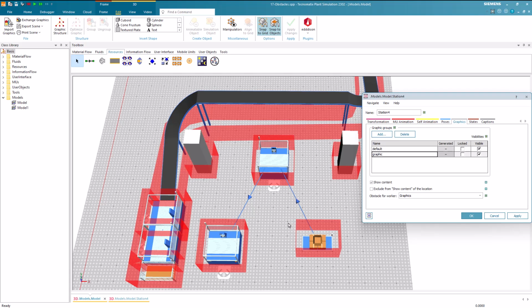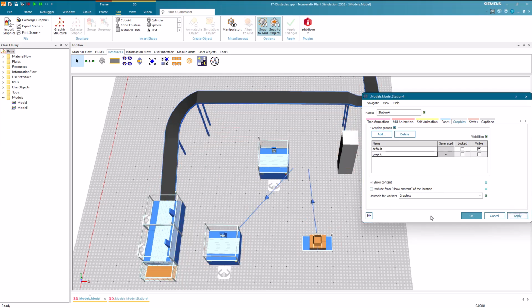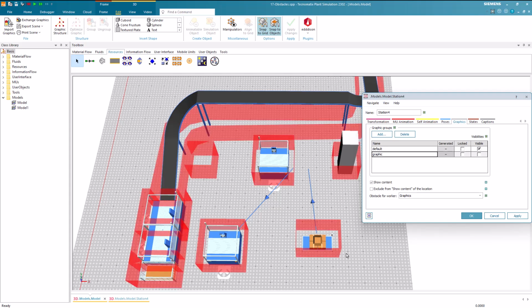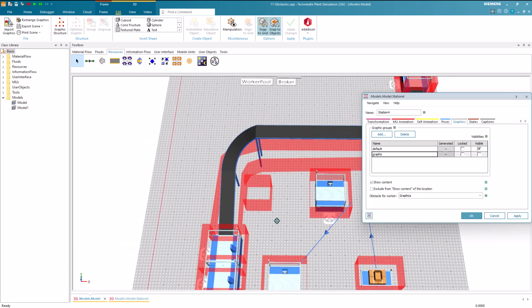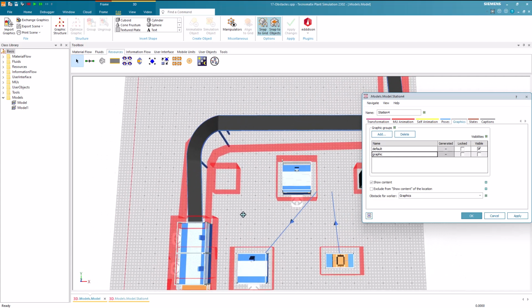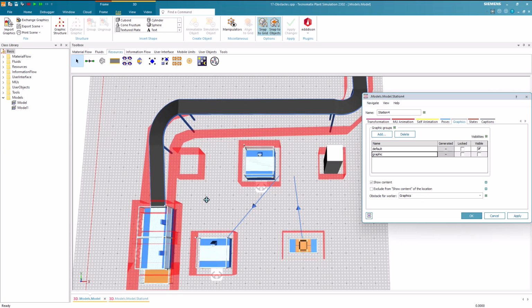To achieve this, we now switch the visibility off. However, simply turning off the visibility will not remove the obstacle. To avoid this, we can use bounding box of visible graphics or visible graphics.